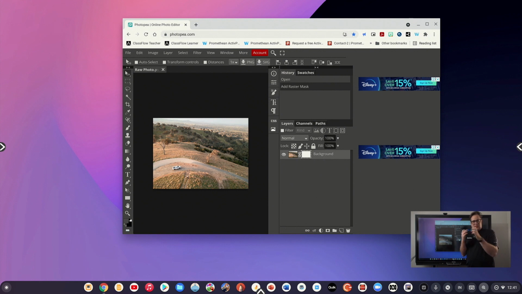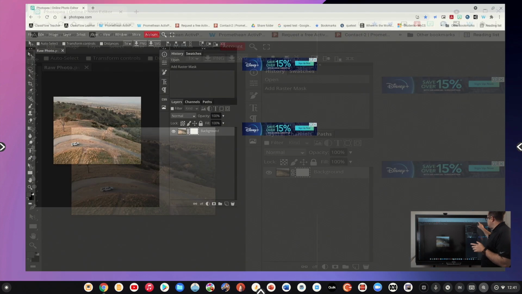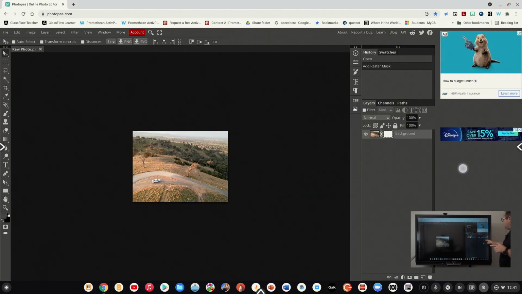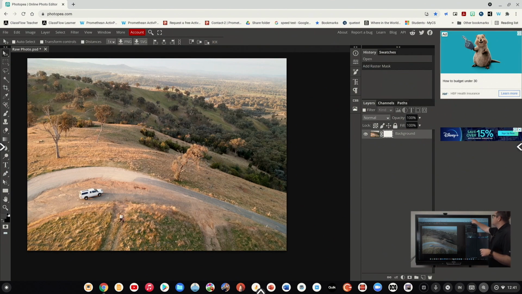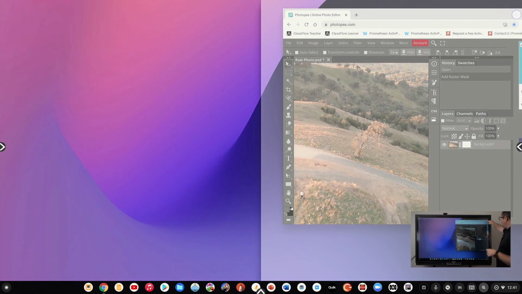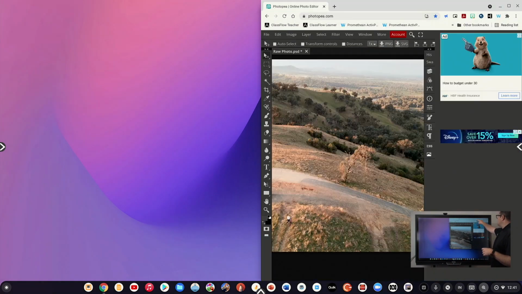If I need to edit a photo and I can't get to my actual copy of Photoshop, this is really, really good. Now, that said, it does have a few things with it. It does come with this big section up here with ads, because that's how it pays its bills, which is fine. You can be a little bit sneaky with that, because everything that happens on the app actually is